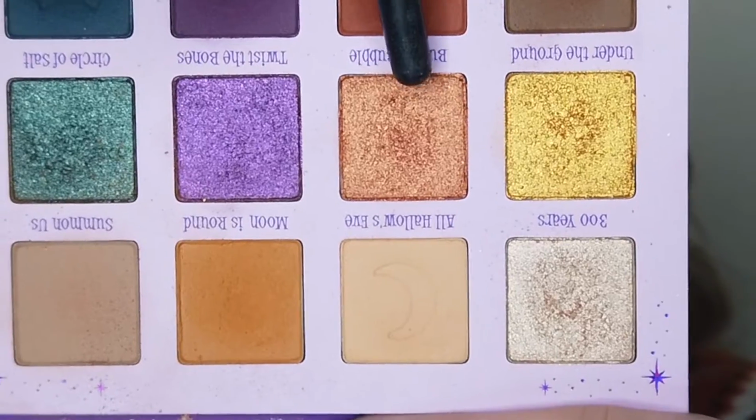Now that we've got that all blended together, I don't even know if I said I was on a rant about boxes and deliveries. I took a crease brush and just blended all that together to get a really nice soft crease. Now I'm going to jump into this pretty kind of burnt orange shimmery shade called Bubble Bubble,